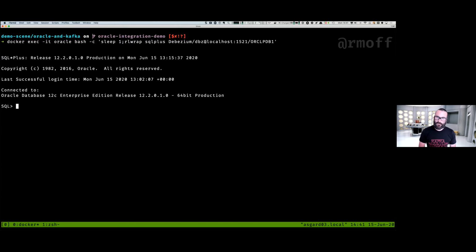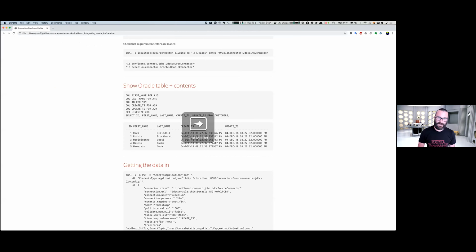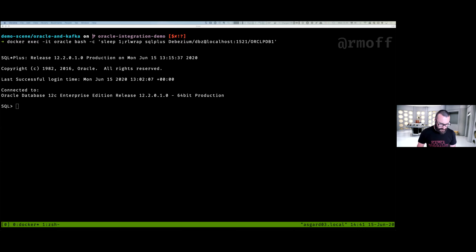And first off, we're going to start in Oracle. And in Oracle, we're going to have a look at the data that we've got. So if you wonder why I keep doing this, it's because I've got my cheat sheet, which looks like this, which again, I'll share afterwards. I've got that on my bottom screen here, which is why I keep looking up and down.